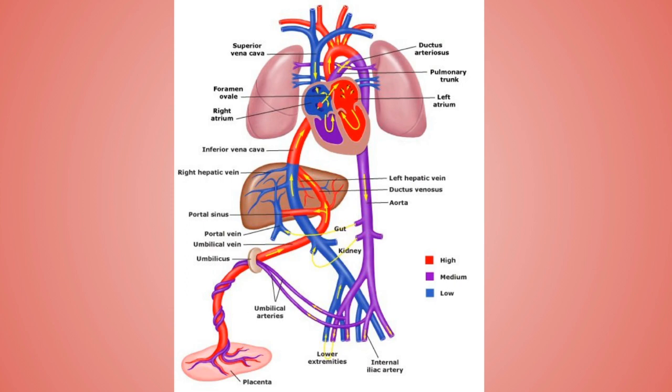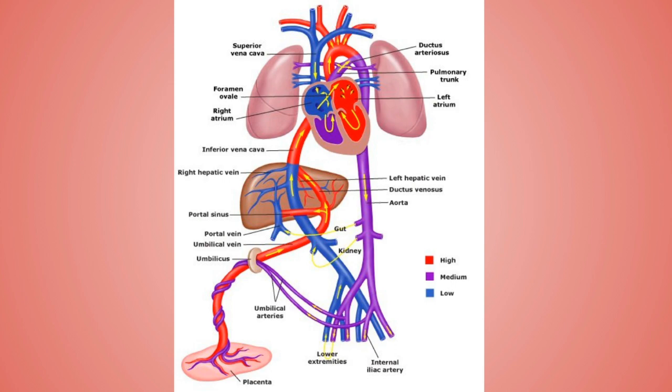Now from this right atrium, the majority of the blood enters the left atrium by way of the foramen ovale, while a small amount of blood enters the right ventricle by way of the atrioventricular valve. Now what happens to this very pure blood inside the left atrium? This blood will go to the left ventricle, and from this it will enter the aorta, and through its branches it will supply the structures in the upper part of the body, including the brain, head, etc.